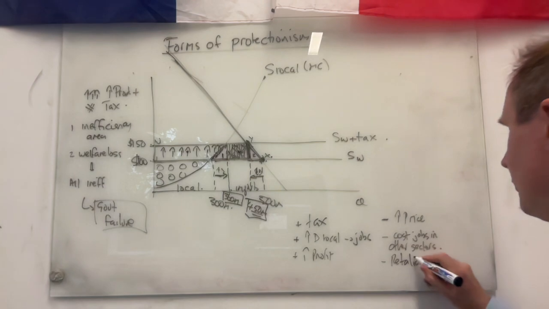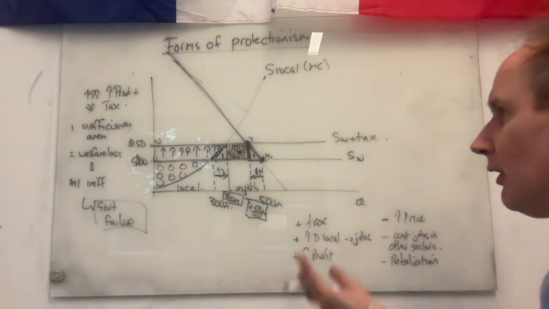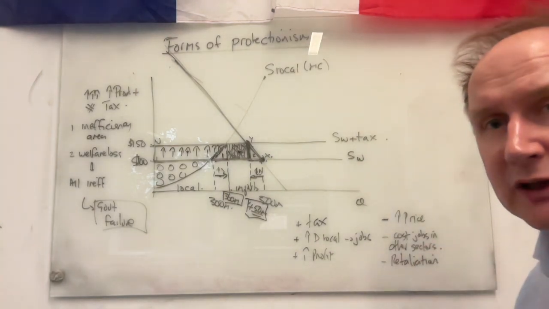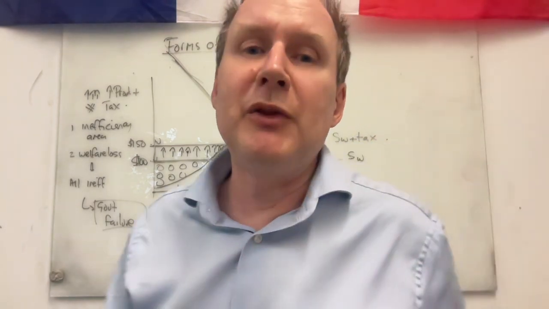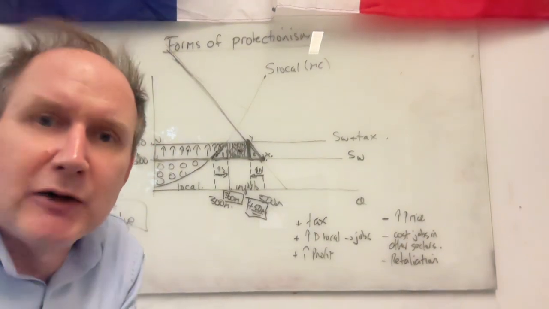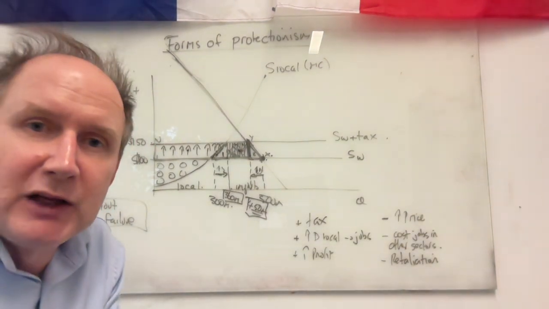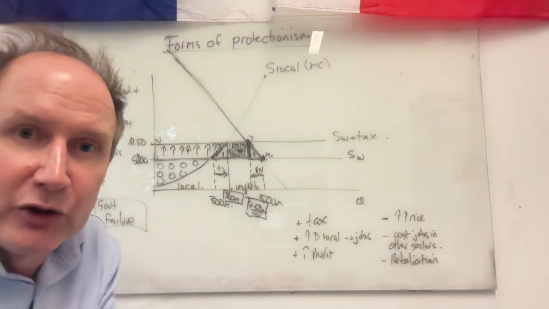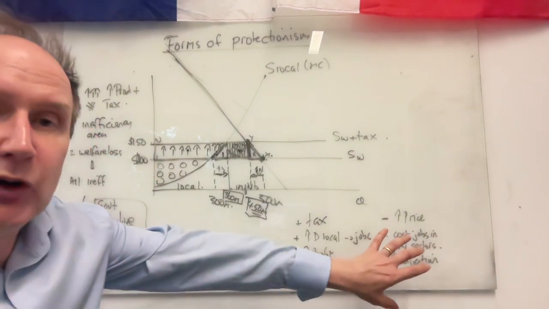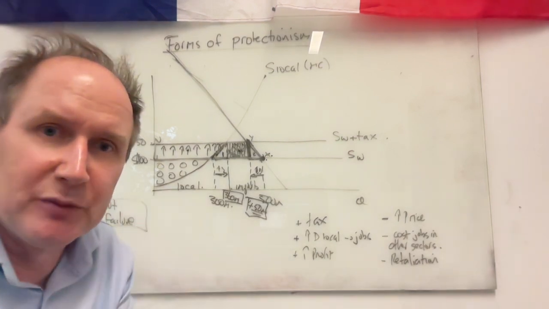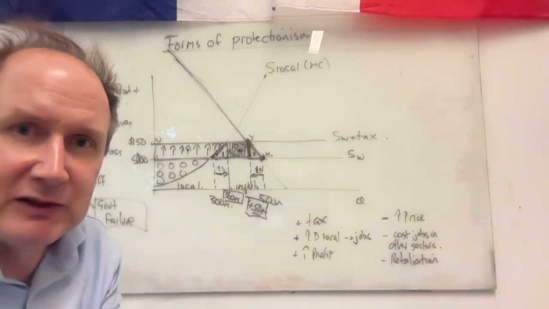And there's an obvious risk of retaliation. If you put taxes on products from other countries, then they will retaliate and damage your export sectors. So when the US introduced a few years ago tariffs on steel, the response of the EU was to place taxes on Florida oranges, on Harley-Davidson motorcycles, and so on. So although you may save jobs in one area, you may lose jobs in another, and that's the tariff diagram.